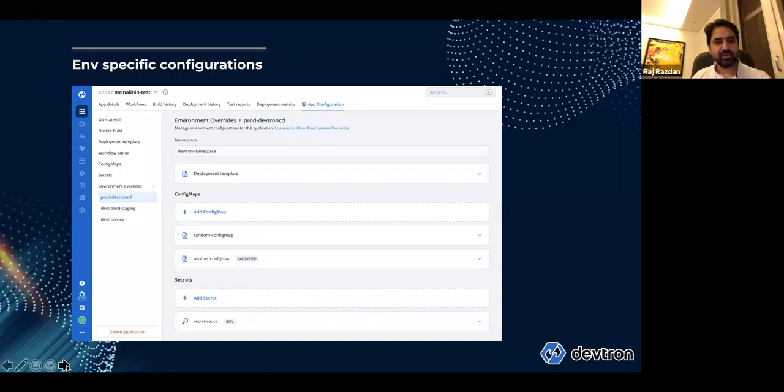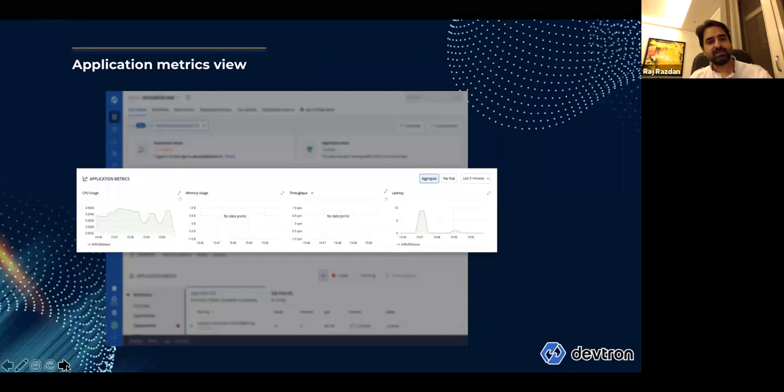Environment specific configurations. This is how you deploy that. And this is a good example of application metrics. Now this dashboard is again a real dashboard, where you're talking about, literally at the aggregate level, the CPU usage per application, memory usage per application, the throughput, the latency. Now you can define it at the aggregate level, pod level,